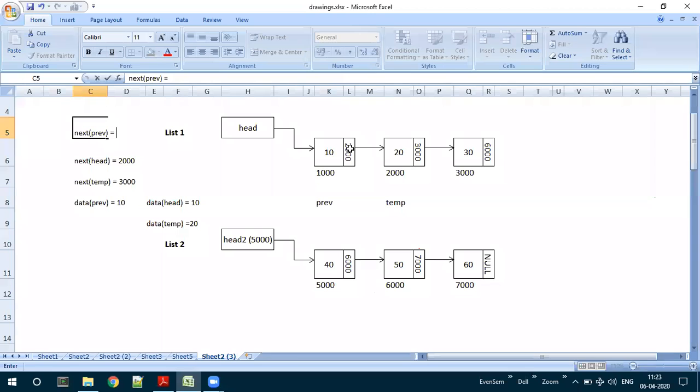Next of 1000 is 2000. So data means the data of the node pointed by the pointer, and next means the link field of the node being pointed by the pointer. Is that understood? These are very essential in order to understand the algorithms. Are there any doubts here? No, sir.